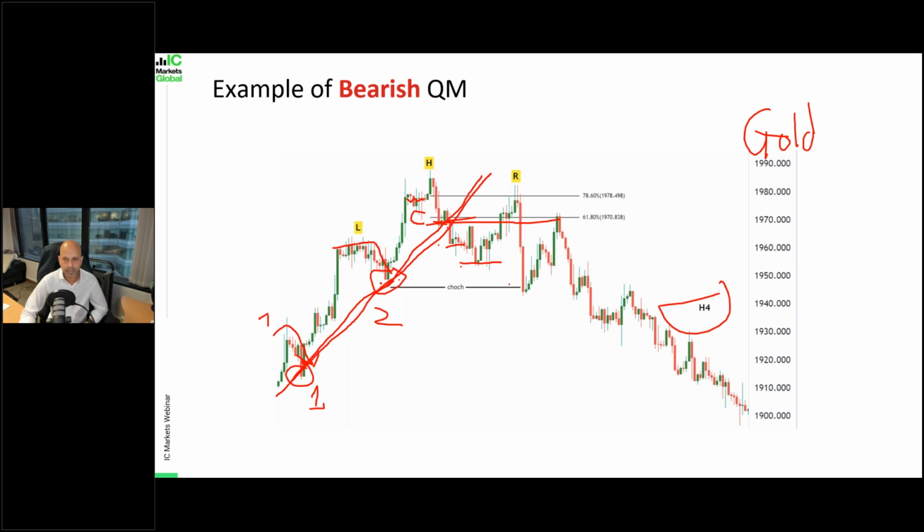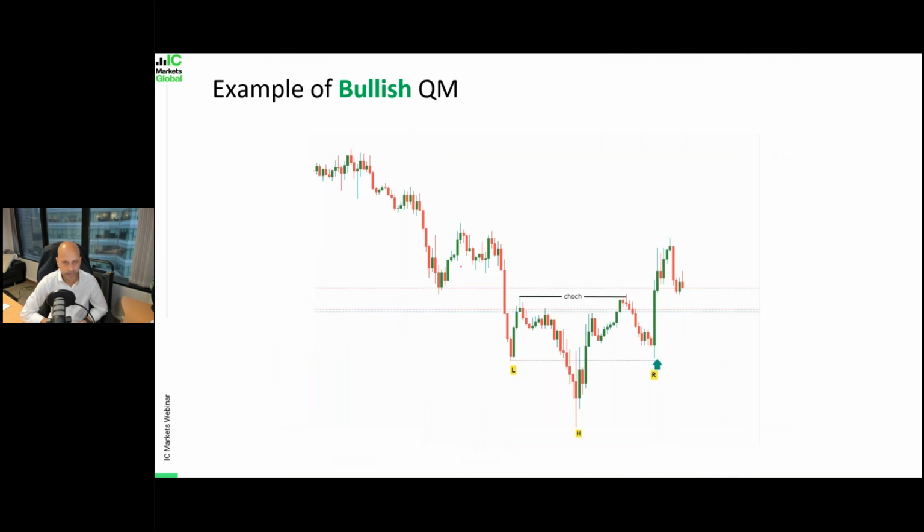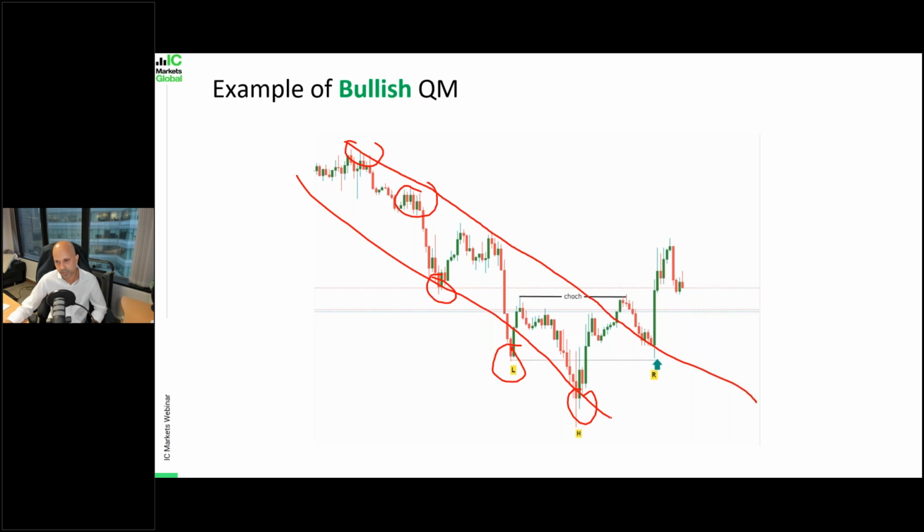All right. Now we'll look at an example of the bullish QM pattern, right? So in this case, for the bullish pattern, you can see price is making a series of lower highs, right? This is one high here, another high here. This also you could sort of argue as well. You can see this is a general trend line here. Price has not broken above this descending trend line. And over here, price is making a series of lower lows as well, right? And once again, you can see this is probably a bearish channel here. All right, so this is what we mean by identifying a series of lower highs and lower lows here.